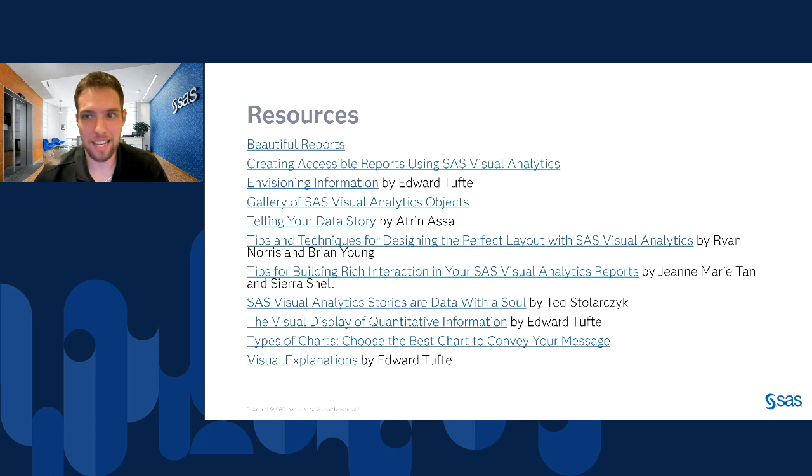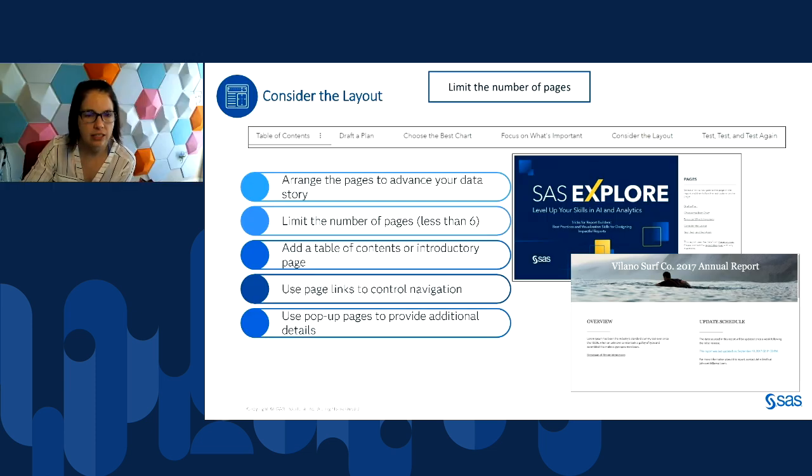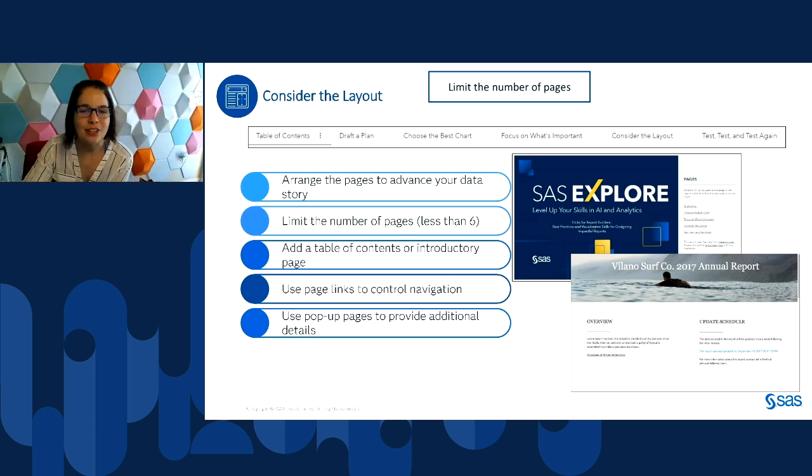We have someone else here asking, on the consider the layout page, referring to the table of contents, can you show where you get the text box designs for the layout of the table of contents? For example, you have circles with expanded borders for the text. Is that in SAS Viya? Maybe it's those circles there. These things, I'm guessing. These are from PowerPoint. They're not from Viya. So these examples on the right are the table of contents pages that we've created.